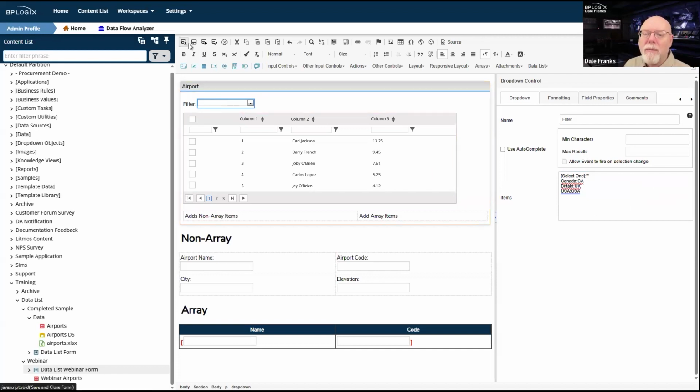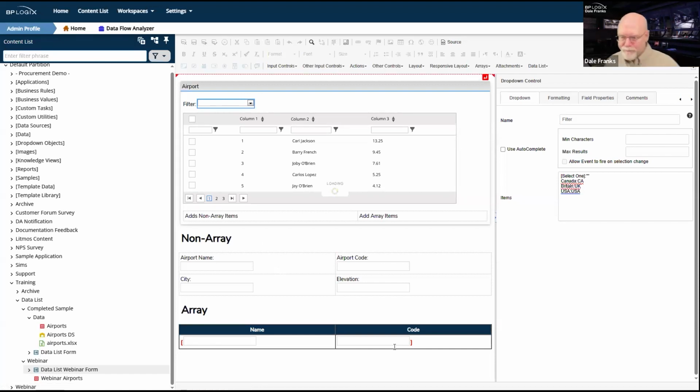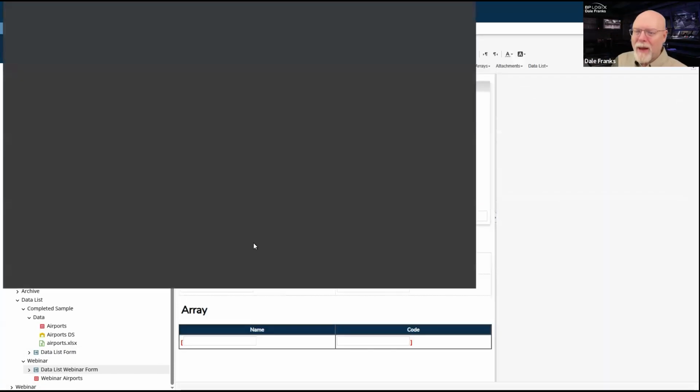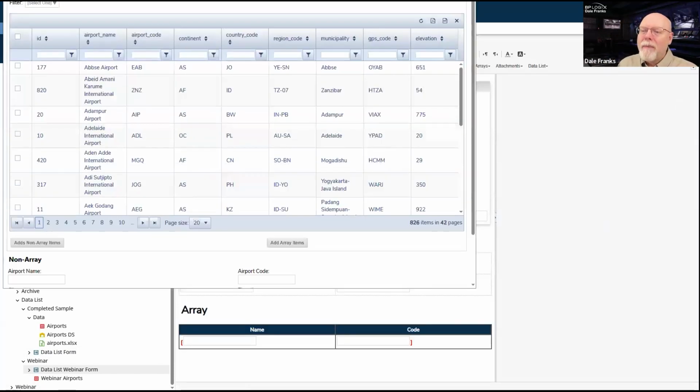So what I should be able to do now is save and run the form. And it'll come up as soon as it caches. There we go.